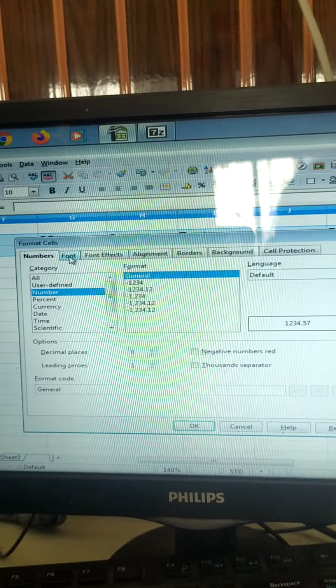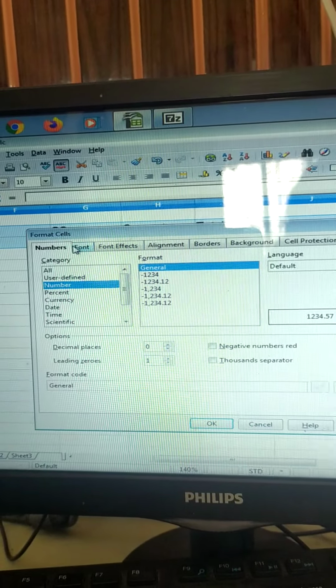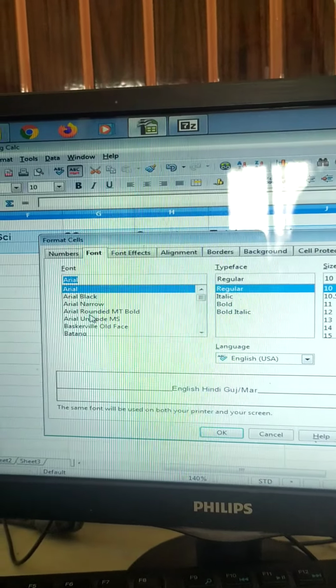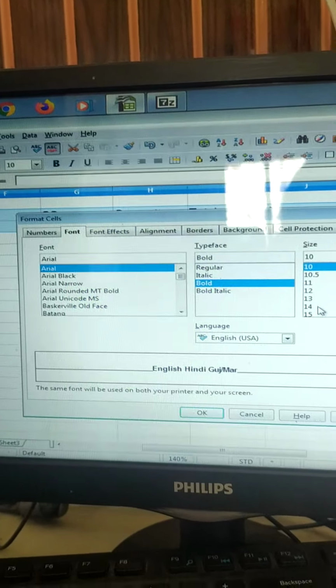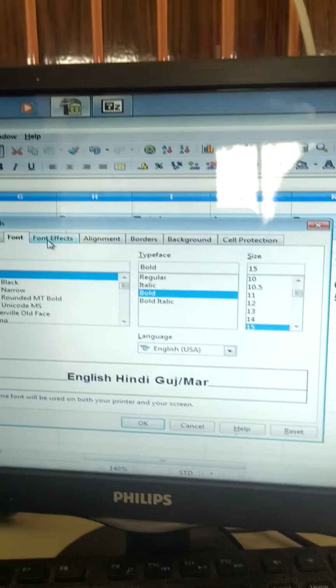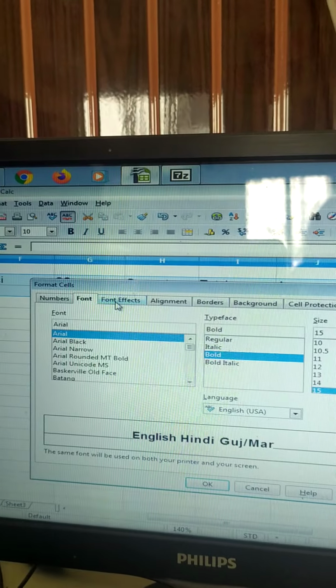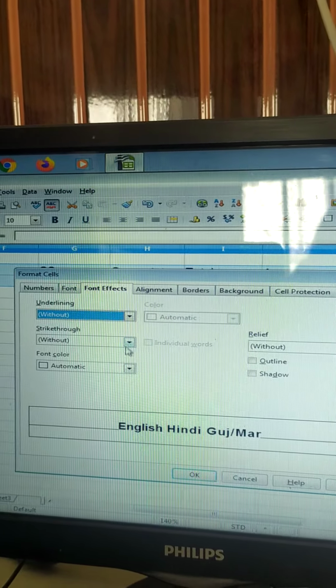Then you can change the font. Click on font tab. You can change the font. Suppose Arial, I want to make it bold and I'll increase the size to 15. Okay. Then over here in font effect, if you want to underline it, strike through.